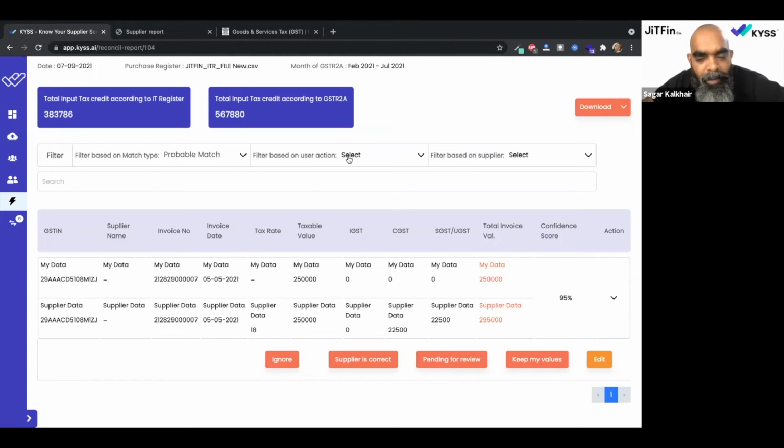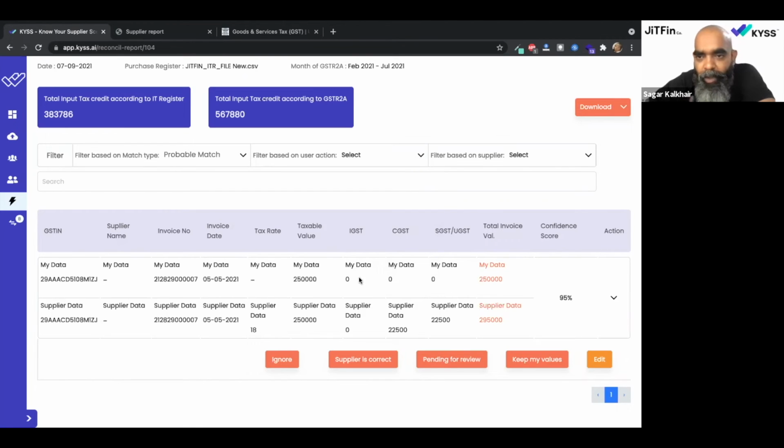You can mark things pending for review and just filter based on action all the line items that I have marked pending for review. I can click on this and get all of those, and once I have those, I could go ahead and one by one start knocking these out, right? My whole goal, like I said, is to maximize my input tax credit.